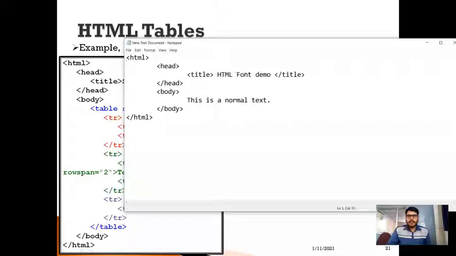And here I will just modify this title as HTML table demo. Within the body section, I'm going to write an h1 tag to highlight a table example.